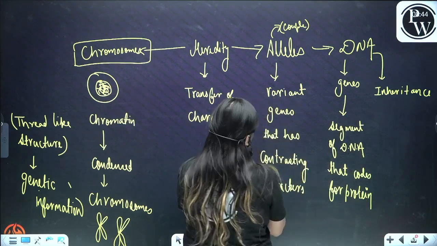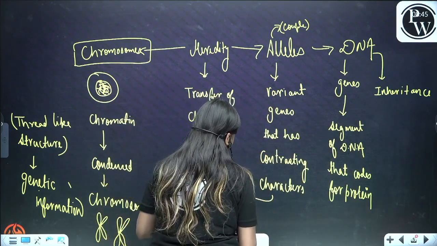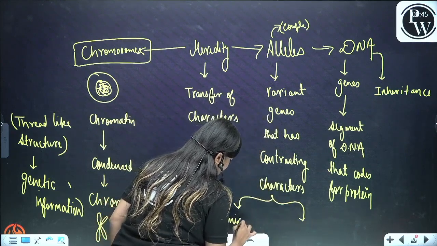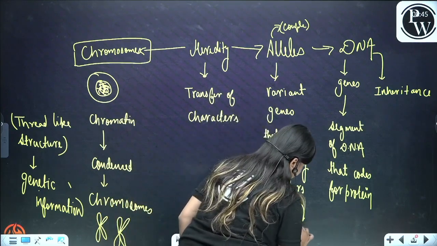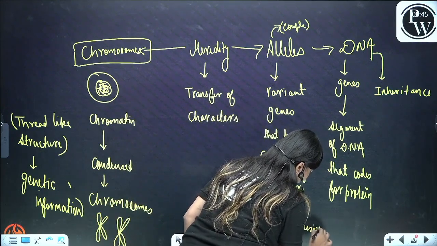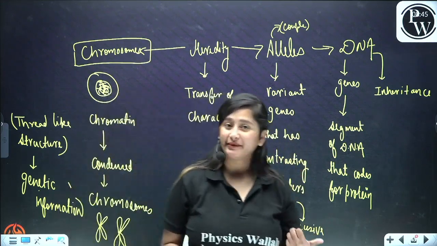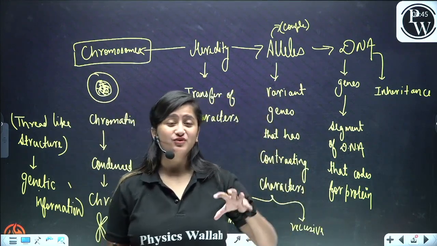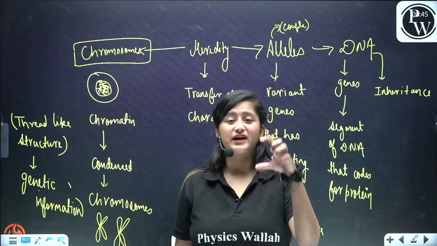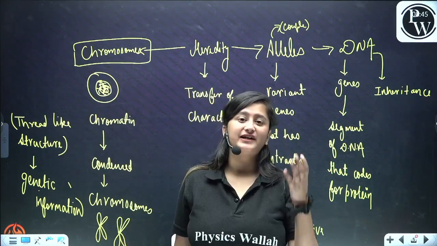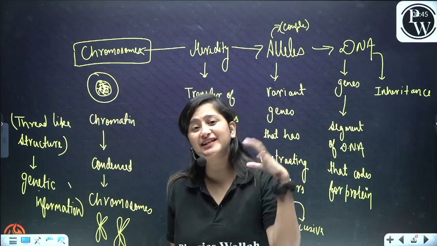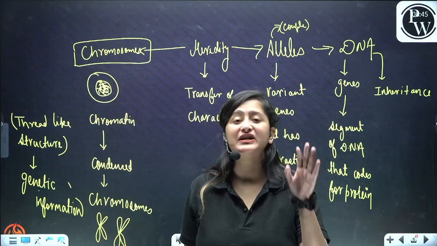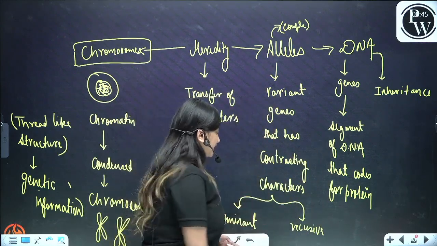Now this allele is also a very interesting one, that they can be dominant and recessive. Now I have already told you that they are a couple. In a couple, one is dominant and another one is like, yeah, I can understand all the time, right? The allele which can express itself is known as your dominant character, and the allele which cannot express itself is known as your recessive character.